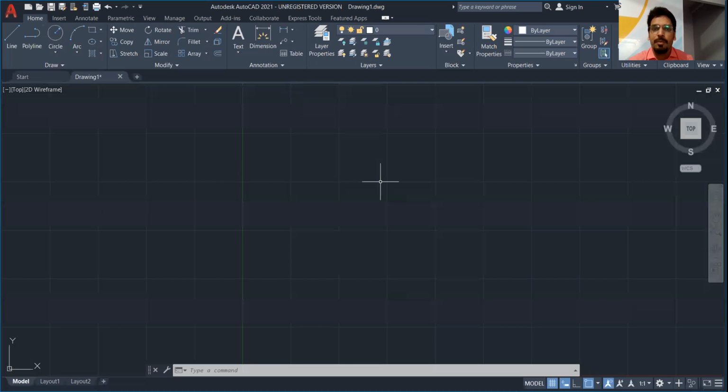Hello dear students, in my previous lecture I told you about the line command and polyline command and the difference between them. Today we are going to discuss the use of the line command. I will discuss it with